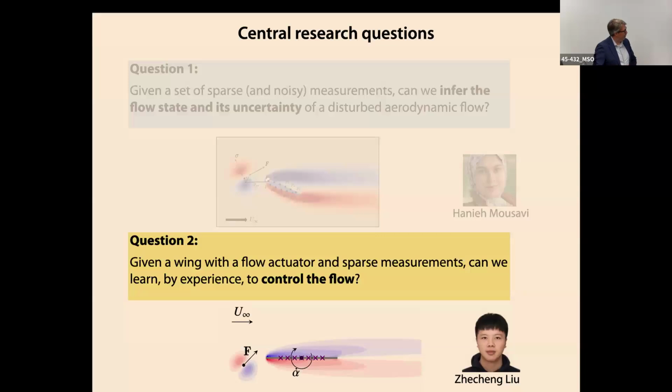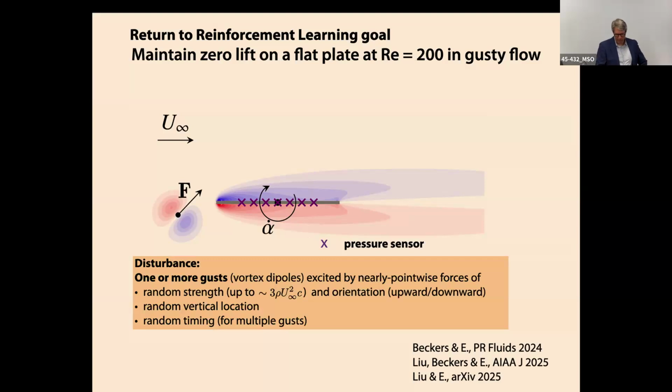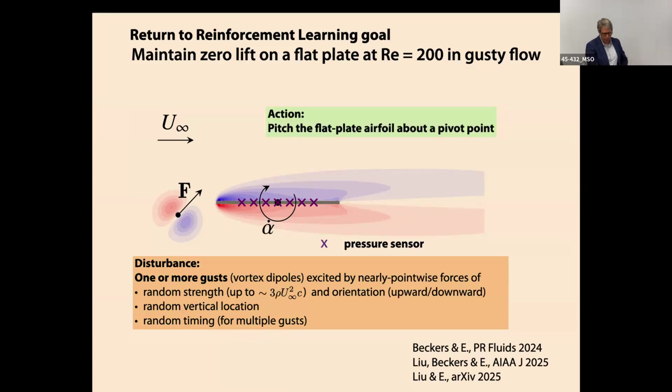I'm going to talk a little bit less about the control part, which seems a little ironic since I started with that question. There's a lot of things to talk about, but I find the estimation problem more interesting to dig into in many ways. So going back to this question: can we control this flow with sensor information alone and just pitch control? Again, we're pitching about some point, the midpoint for a while, and then we're going to switch that in a moment.